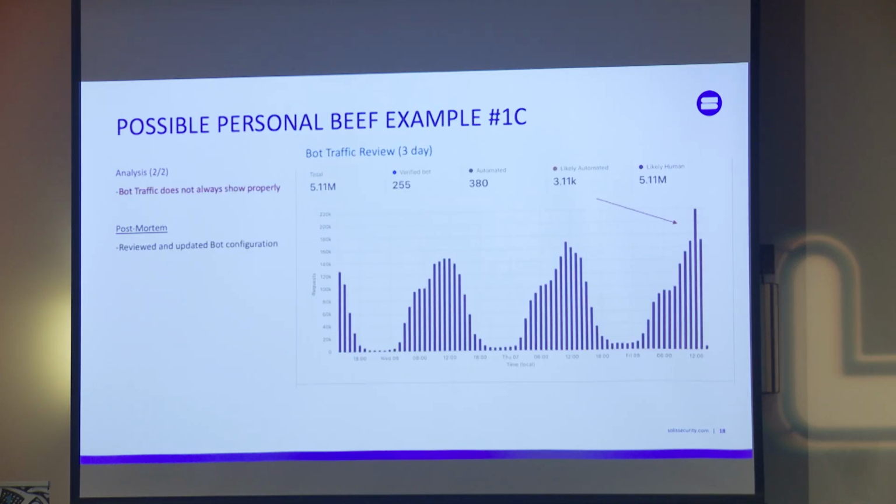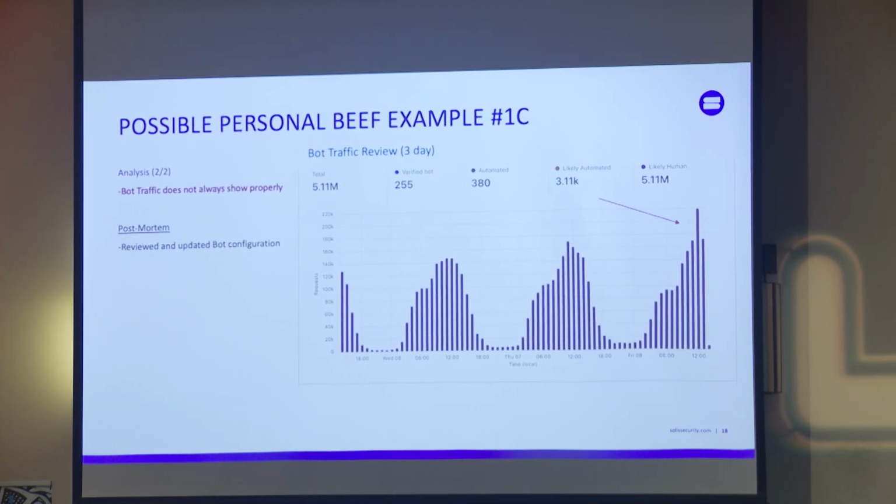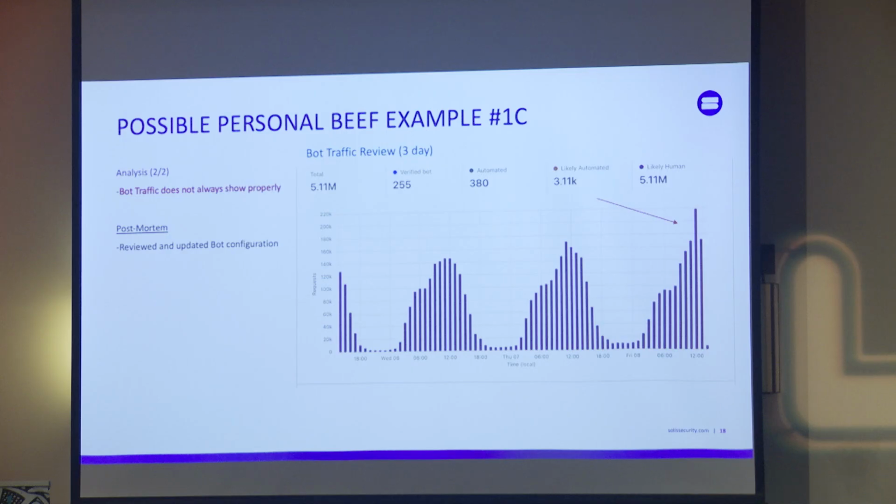So the bot traffic review in the same time period didn't pick it up as actually a bot. It picked it up as likely human. And that's because it may be newer traffic. It hasn't been known or identified yet. So you want to make sure you're looking at all this telemetry that's going to come from whatever WAF provider you want to use. So I reviewed and updated its configuration just to review it. That's what you do when attacks happen, right? You review and give a report.